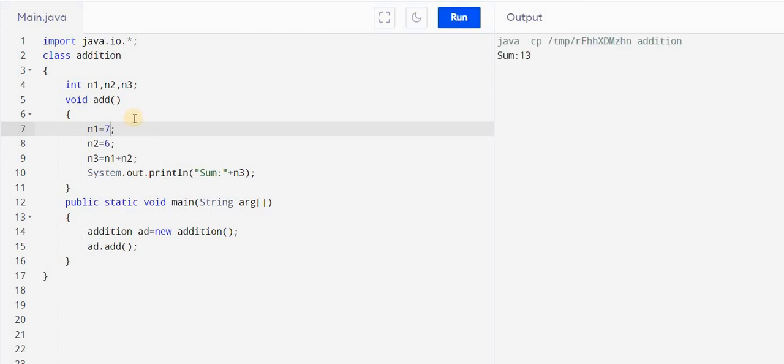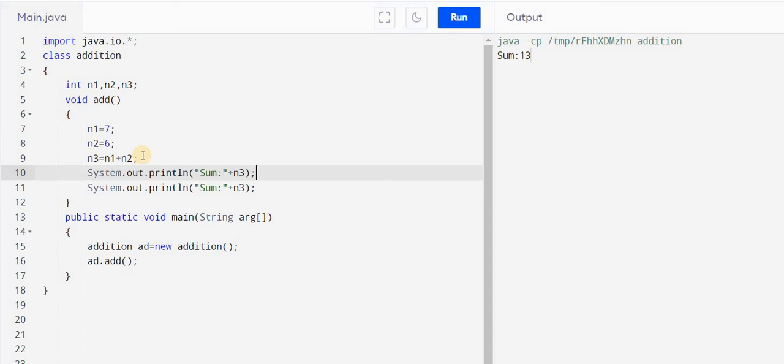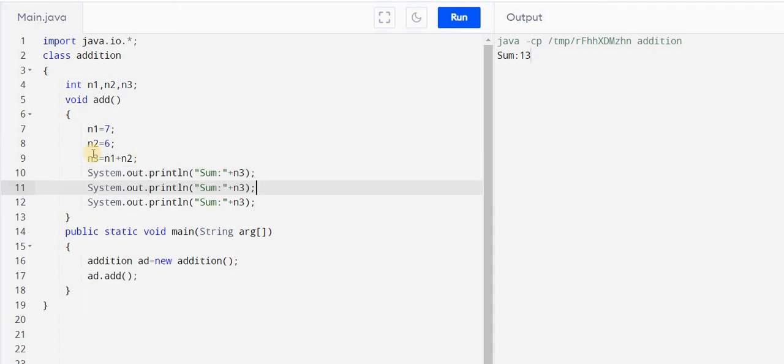Sum is 13. And in case you want to display the first number and the second number, you can do that here. So here the first number is in which variable? In n1.